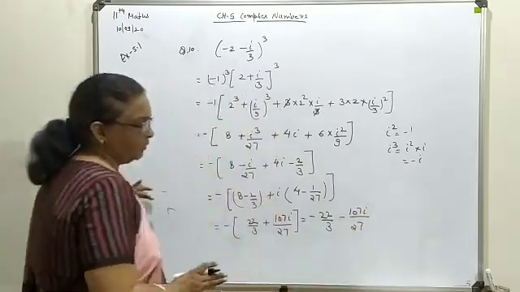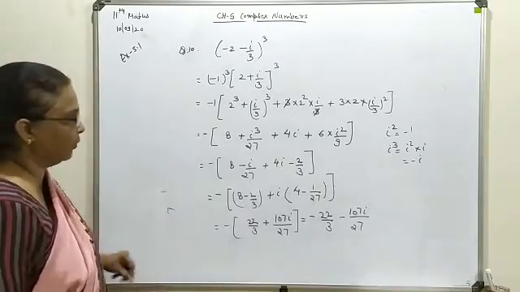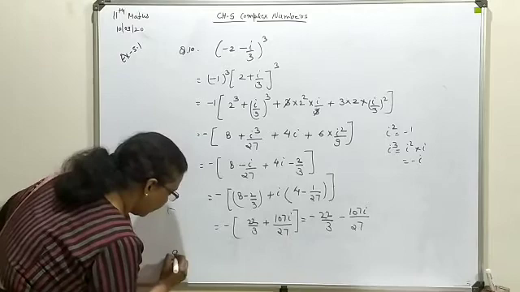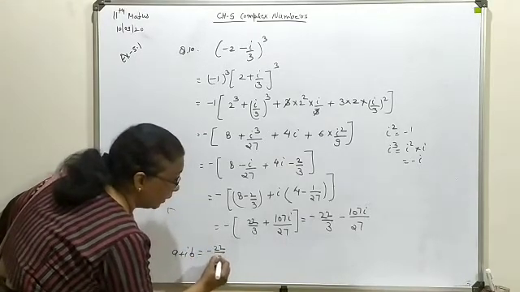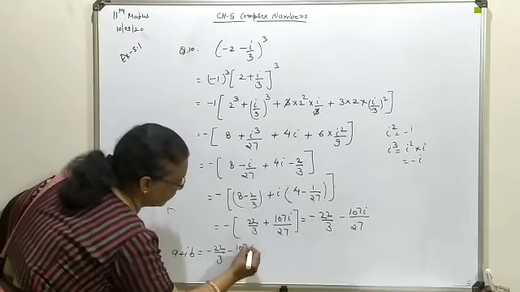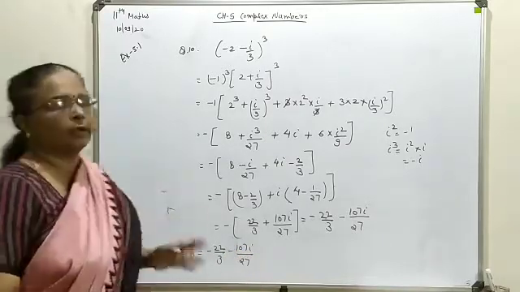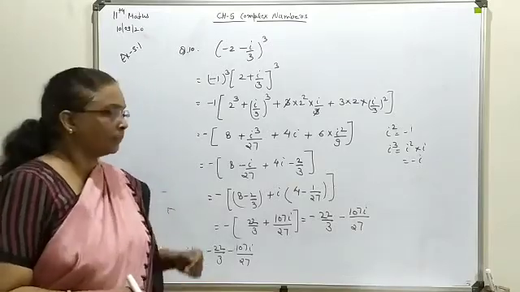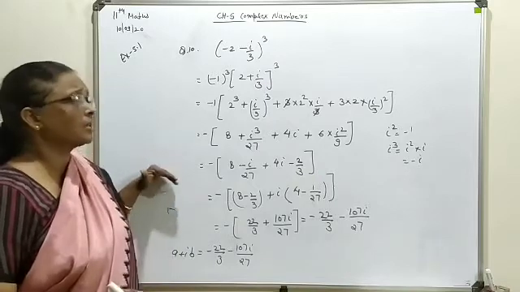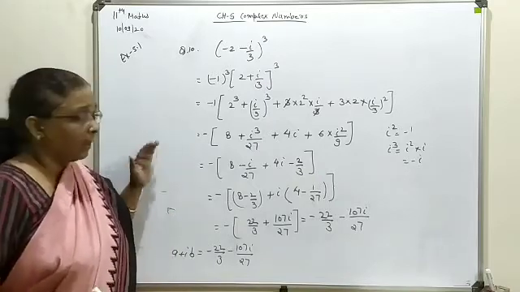So this is the final form what you are having as a plus ib, means minus 22 upon 3 minus 107 iota upon 27. So this way if you are dealing with a higher order you can find out your answer form. So this is the one method or one type of questions you are having in this exercise.